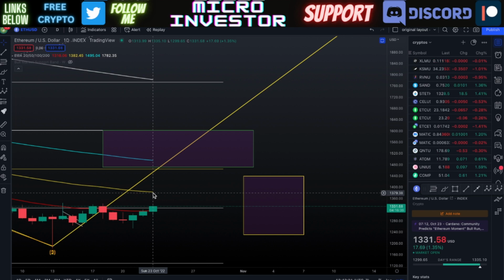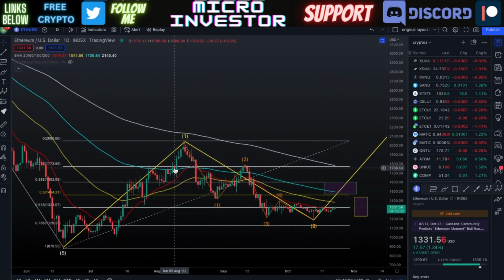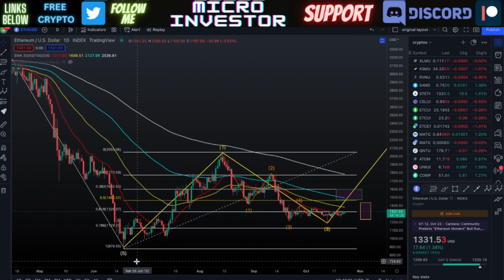So if we can manage to pump above 1380, we're going to be able to see Ethereum hopefully work its way up to this 50% Fibonacci level. Now I'm using the Fibonacci retracement that covers this whole wave one, which goes from that 52-week low of Ethereum back in the middle of June, where Ethereum's price was under $900, and how it quickly went up over 2 months and completed this wave one that topped out just above $2,000.